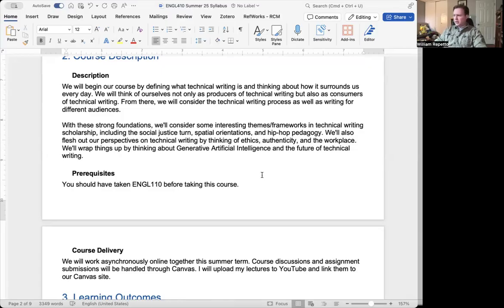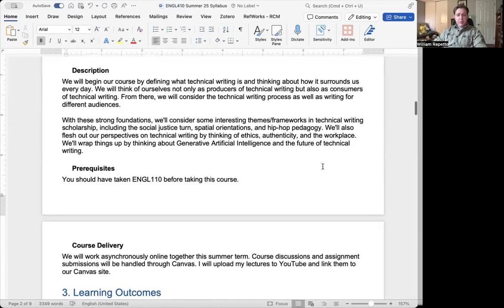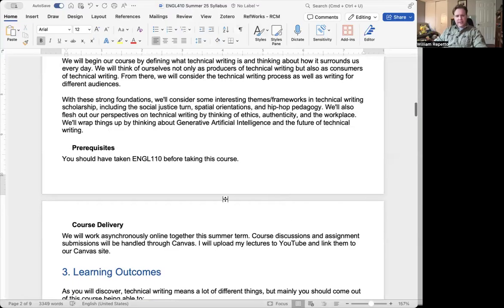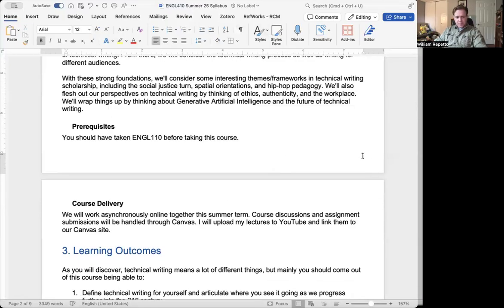A couple of those will hopefully be fun for you. These are important topics, I think, and they can be fun to learn about. From there, we'll wrap up the course thinking about some deeper textured things in technical writing, like ethics, authenticity, and generative AI and the future of technical writing. So that's all mapped out there.